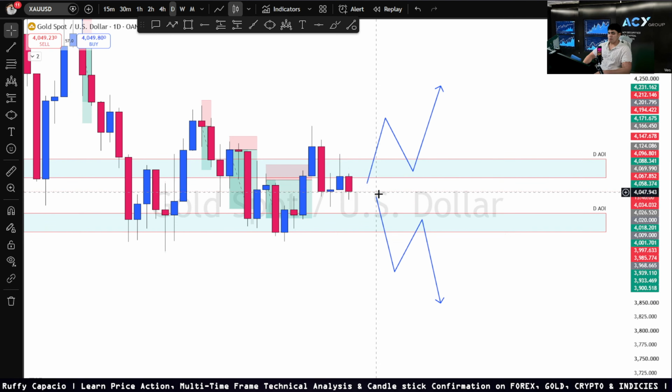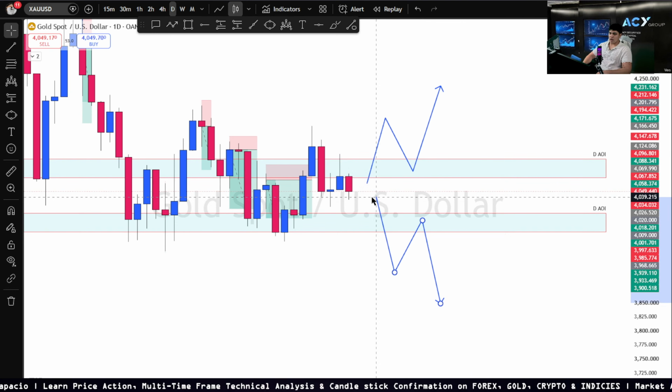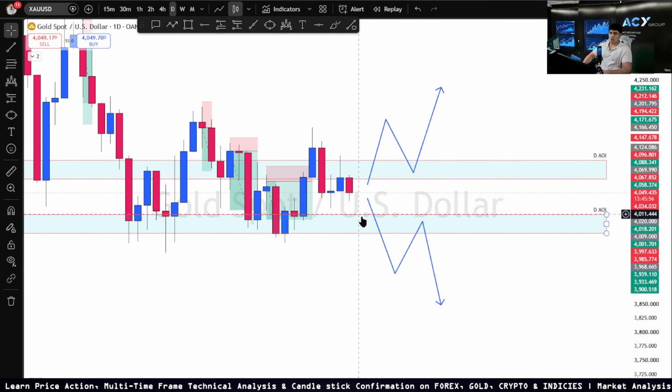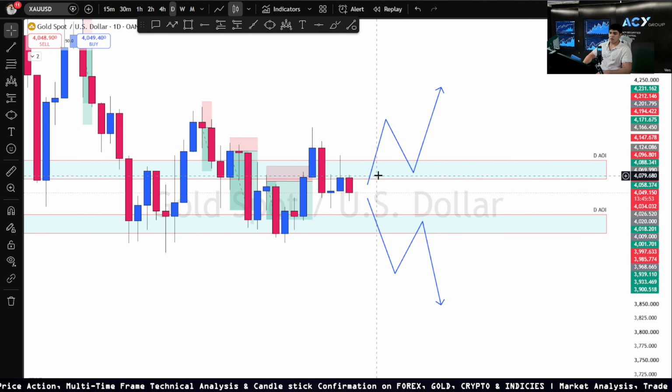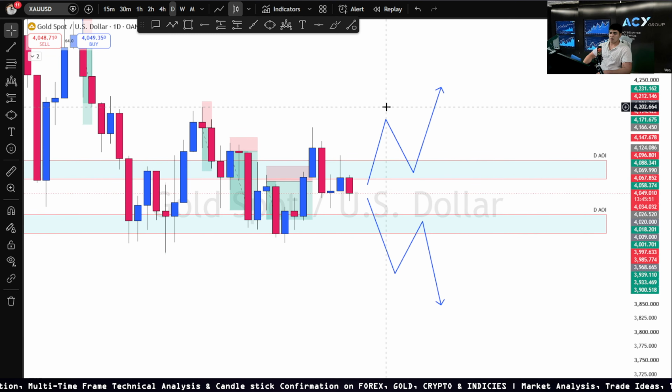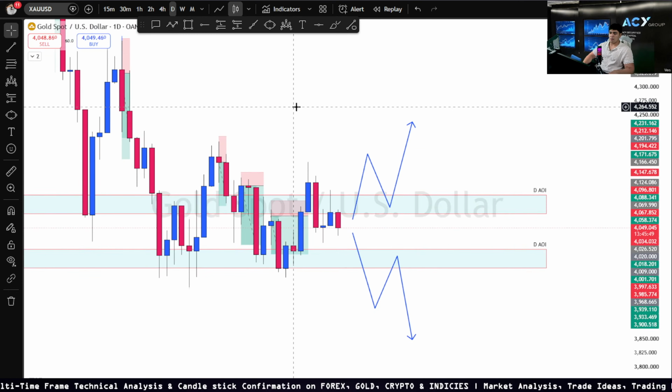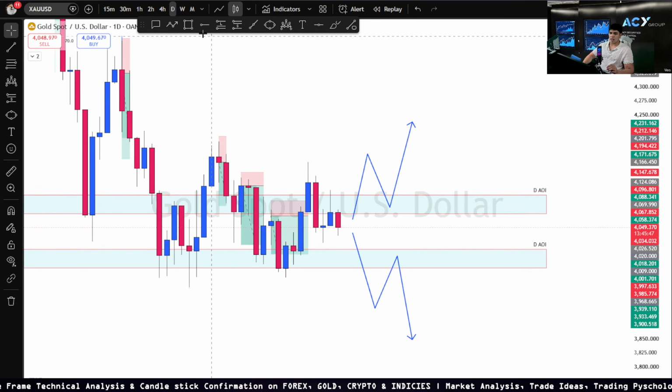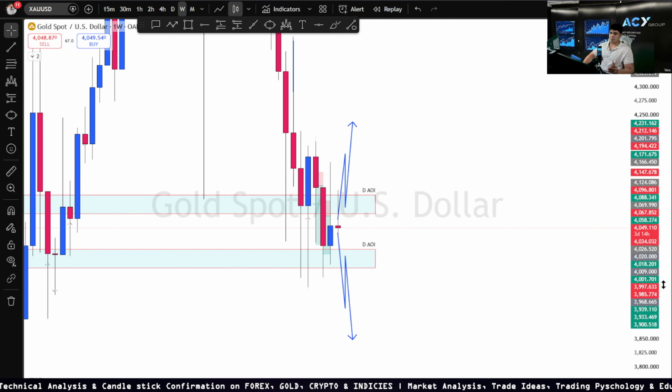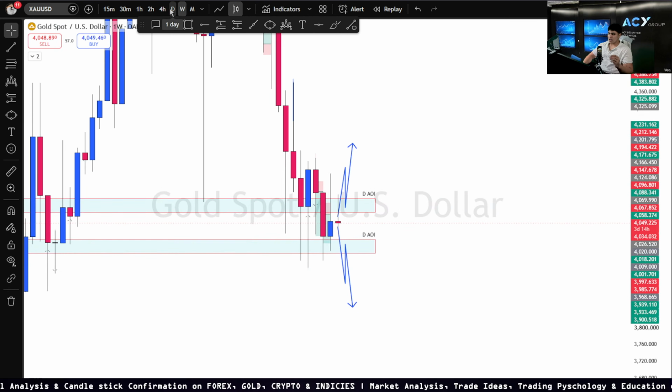Okay, but we also have another scenario. If the market wouldn't have its breakout below, and the market could have its breakout above, then we could take the low probability setup. It is a low probability because on the weekly chart, market is bearish, and the higher the time frame it is, the more respected